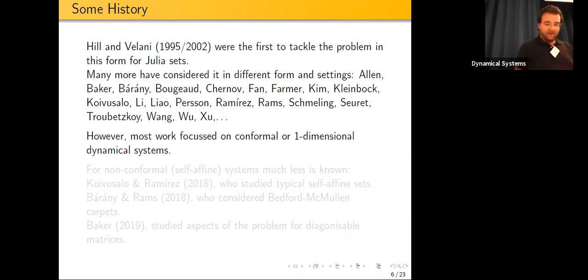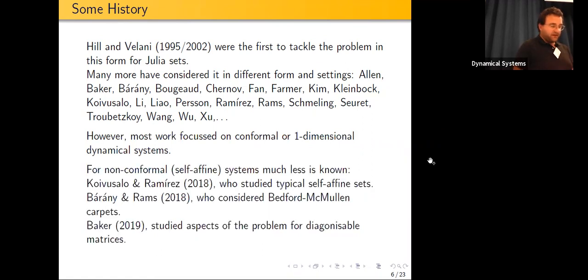And for those, much less is known. So Hannah, Koivusalo, and Ramirez studied typical self-affine sets, much the same way that we want to do it. But also Balázs Bárány and Michael Rams did this for Bedford-McMullen carpets. I'll get to them in a minute. And another one is Simon Baker, who studied it a bit more from a number theoretical perspective. But these are really the only major ones that study this in the affine, the self-affine